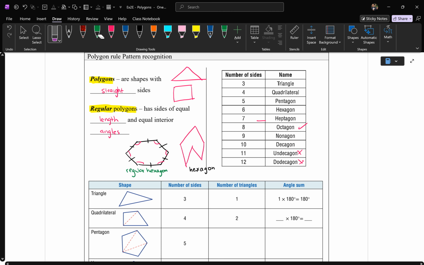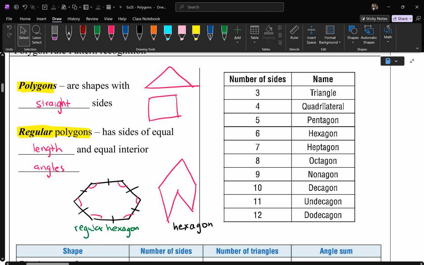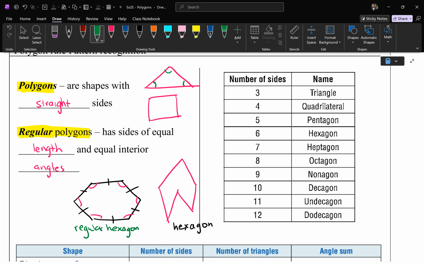Number 2, let's go back to our understanding of 2C and 2D. If you add all the interior angles, so all the angles inside a triangle, so these are called interior angles. If you add them all together, what must it equal to again? 180. So it's 180 degrees for a triangle. Then you do 2D, quadrilateral, if you add all the interior angles of a 4-sided shape. All the inside angles must add up to